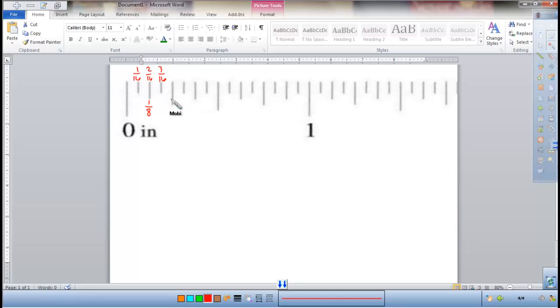This would be 1/8, this would be 2/8, which we'll simplify later, 3/8, 4/8, 5/8. So you can see that. This line here would be 4/16. Again, we can simplify that to 1/4, and you'll notice that one's a little bit longer than my 1/8. Then I have 5/16, 6/16, which I can divide both by 2, and I would get 3/8. Then I have 7/16, 8/16. 8/16, you notice this is the longest line other than my 0 and my 1. That means that if you simplify that, I would have